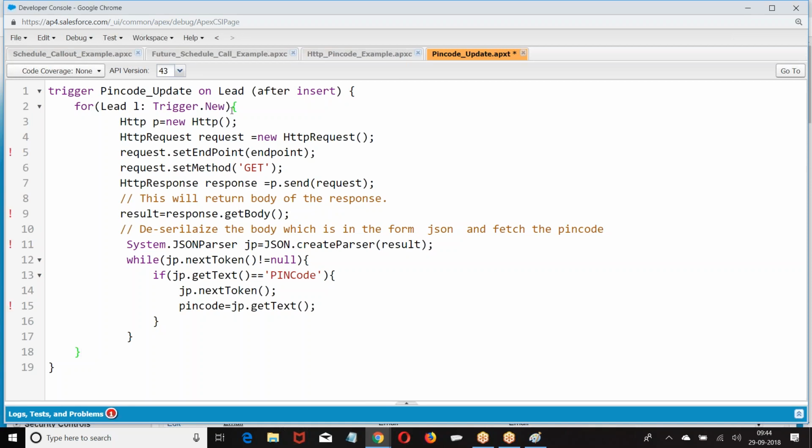Where is the endpoint URL we have got? We got the endpoint URL.